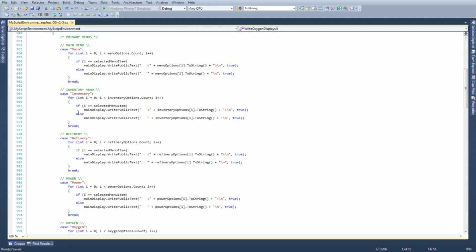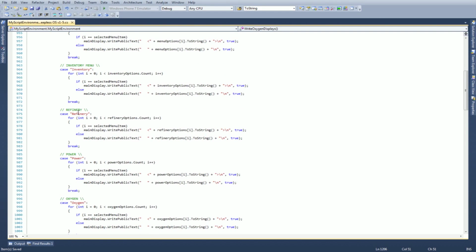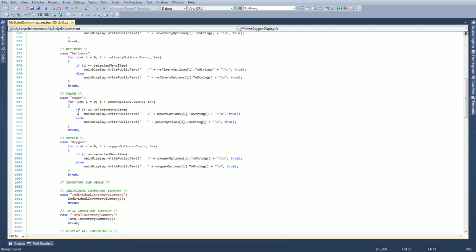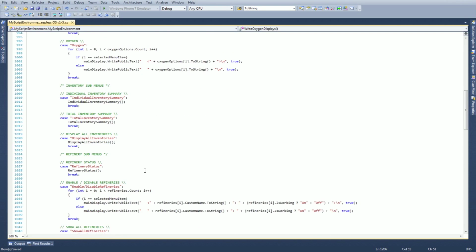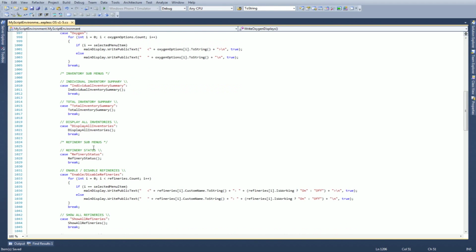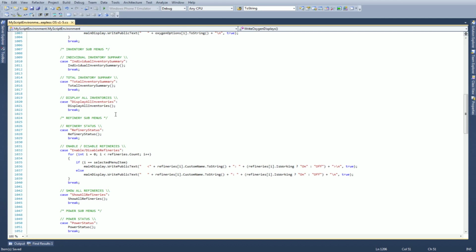But what we need is, let's do, for inventory, and see, there's a couple different ways we could do this. We could actually do the same type of switch case where it actually checks for the main menu, but this would be kind of interesting because we don't really need it to do that. All we really need it to do, even if you're on the main menu, because the thing I'm thinking is,